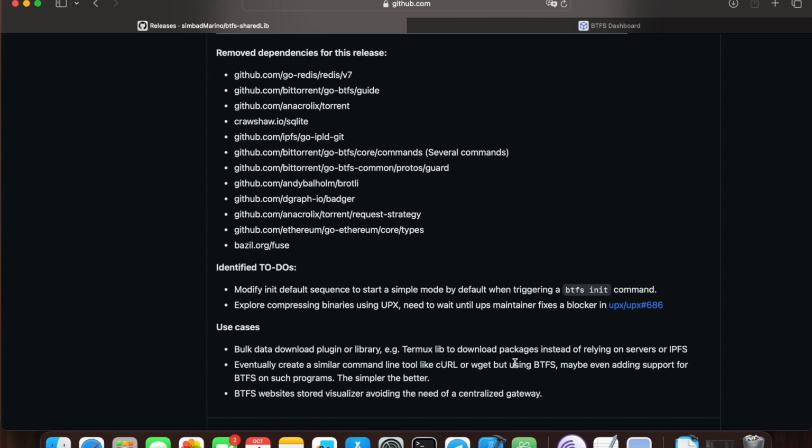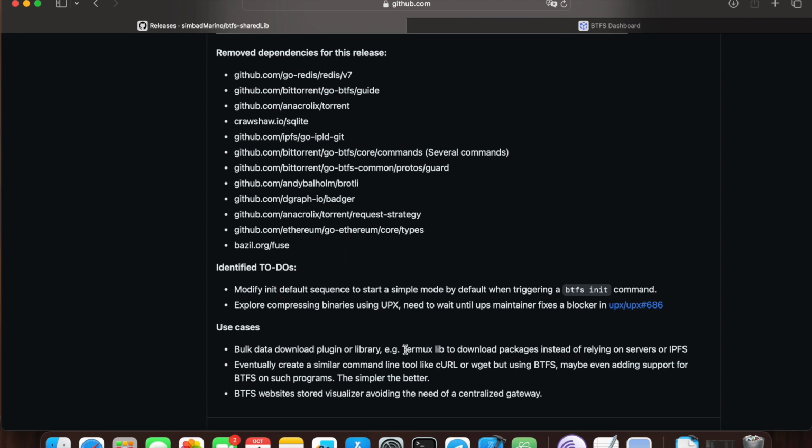This is too large, even for WebAssembly purposes, to be run in a browser or even a mobile phone application. For example, for the Termux Android app, which is a command line emulator, this is too large, and maybe we are missing potential customers in the future and even now,